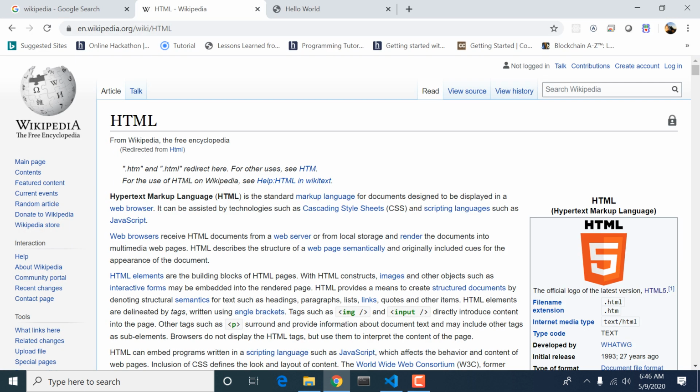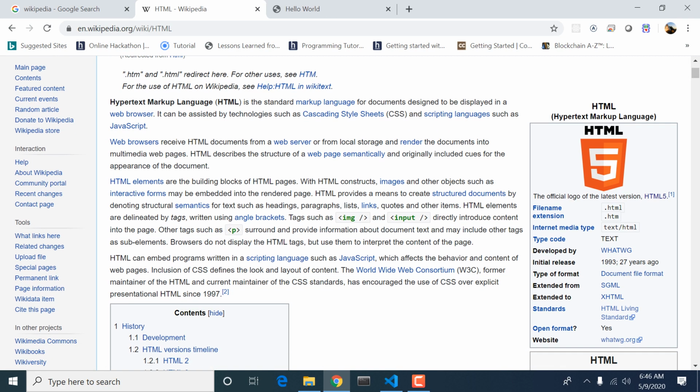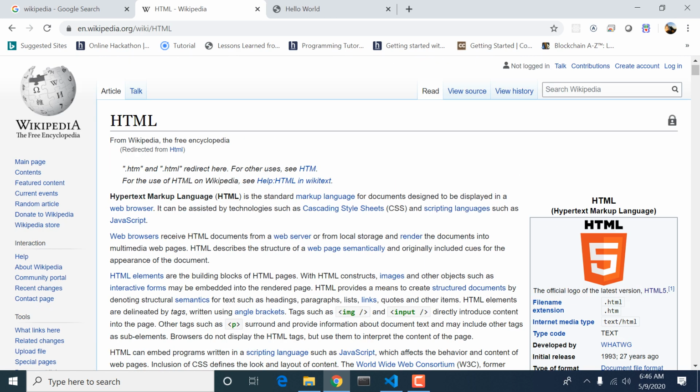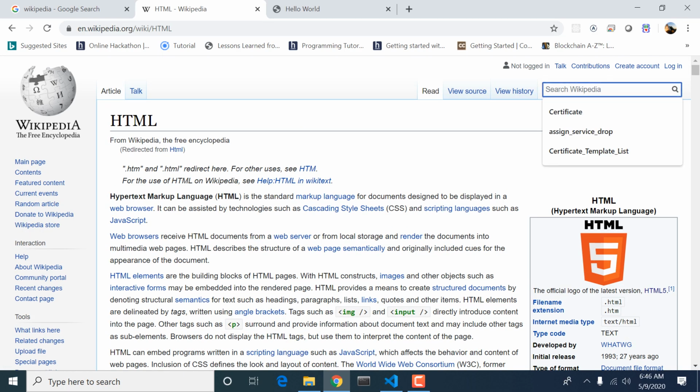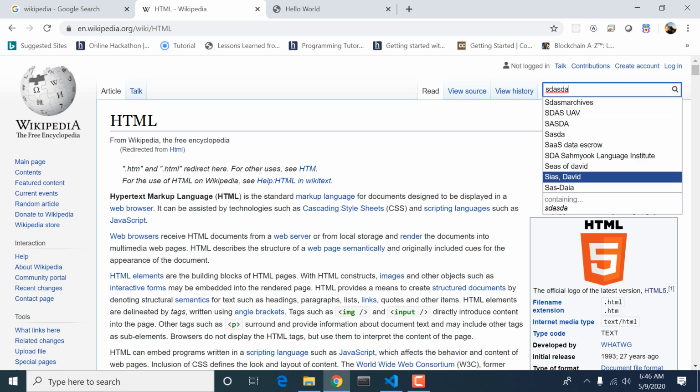For example, we go to Wikipedia. We have this website, we have this text. So what HTML is not: for example, we have this search. If I write something, these results are coming due to JavaScript.